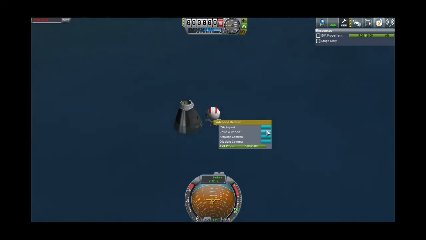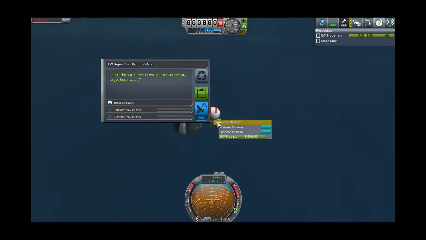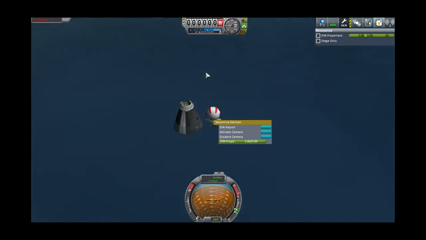This is funny. When you do the EVA report... One of many, Bay. One of many. When you do the EVA report here on Kerbal, like in the water, they say, I don't think a spacesuit was entirely necessary. That's kind of funny. Okay, I don't think we can get any more. It's just flapping around in the water. I don't think she can get back in the...